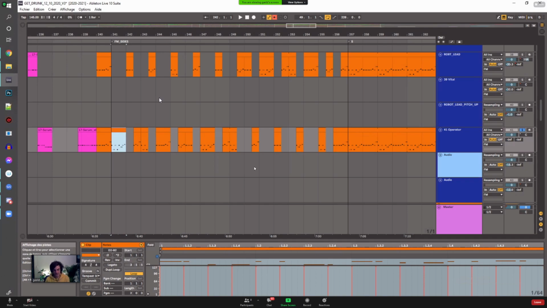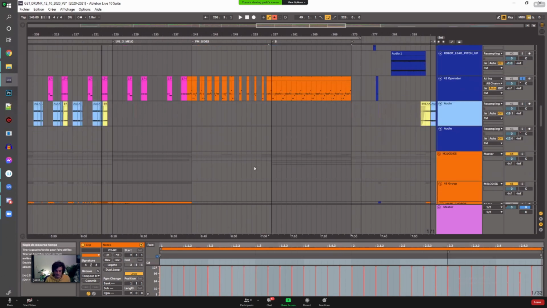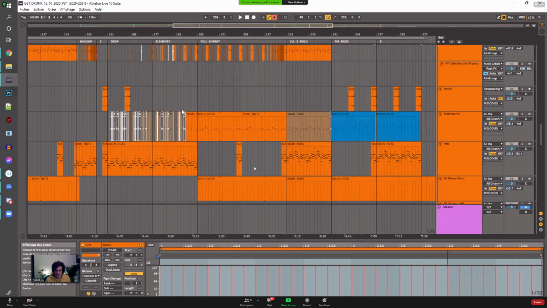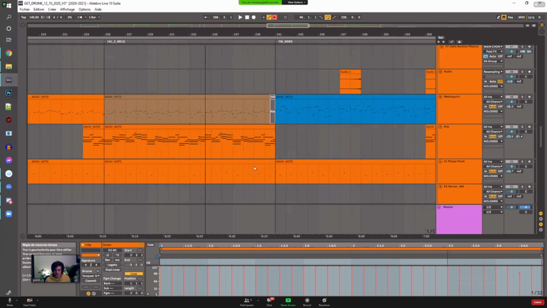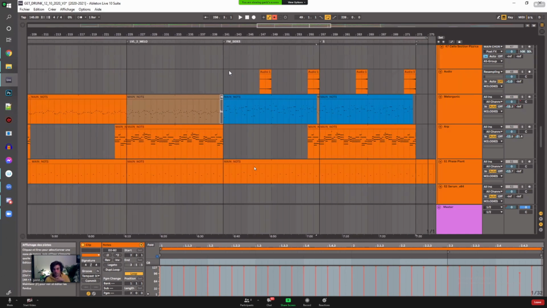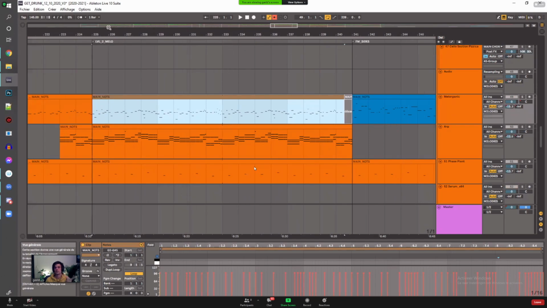But if you want some clarity in your overall mix, when you have several sounds playing at the same time, make sure they don't all play on the same octaves and on the same notes. Because if you do, there will automatically be some frequency masking.